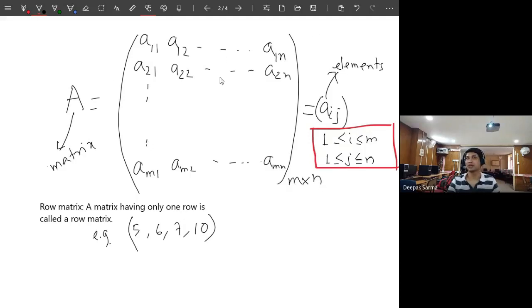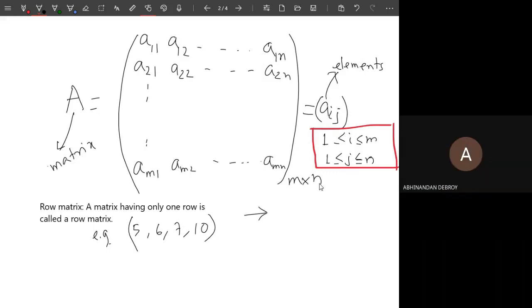Suppose I use symbols; this is a symbolic representation of a matrix, isn't it? Capital A represents the matrix, small ij represents the element of the matrix, and ij denotes the position, and n cross n denotes the order. So, if I write in terms of symbols, this is nothing but